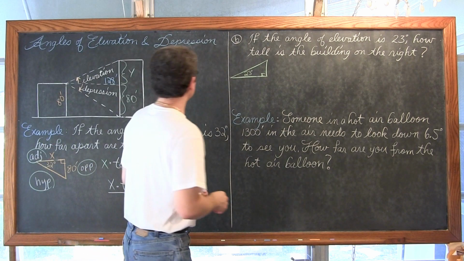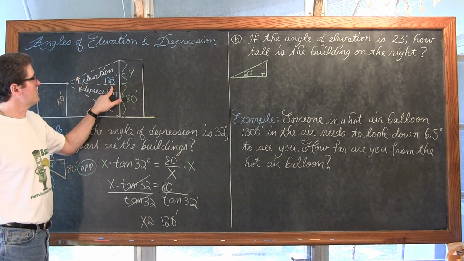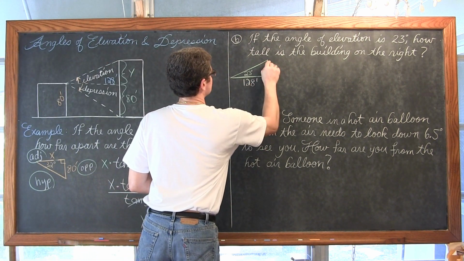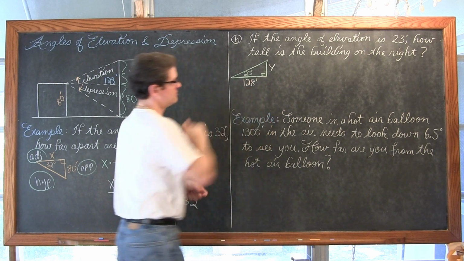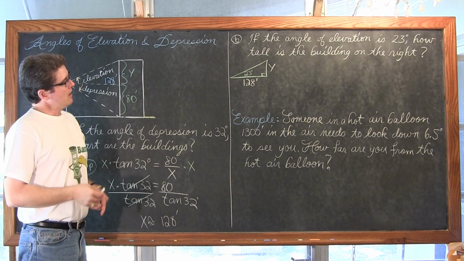We're going to find out that length, and then simply add these two lengths, and we'll know how tall the building is. So I'm going to have to use this information of the fact that the buildings are 128 feet apart. That little hatch mark stands for feet. If there were two of them, it'd be inches. And we're going to solve for y.